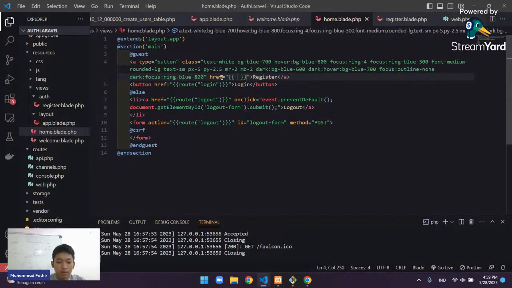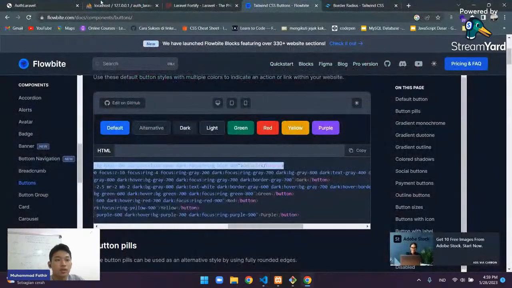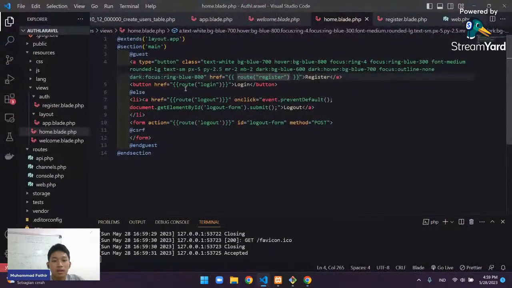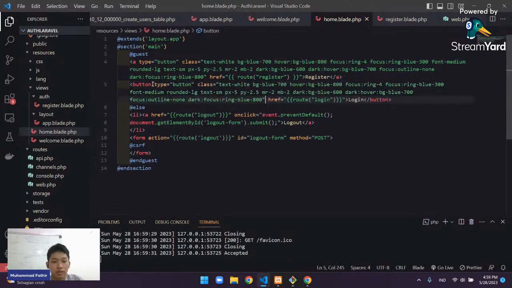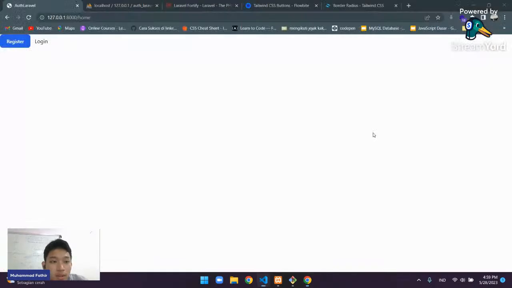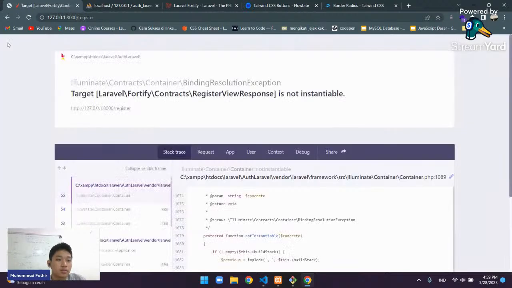Not this one, but this one. Route register, and yeah, this is your button. We'll do the same thing to the login button and just copy this one and put in here. Change the button to become green. And yeah, we have two buttons, register and login, but we don't have